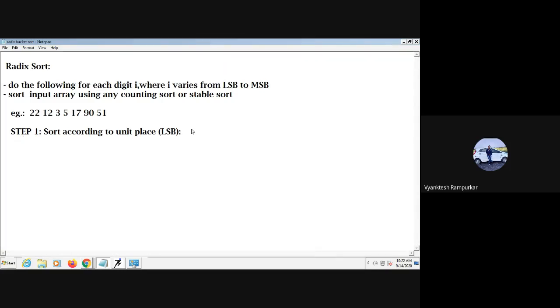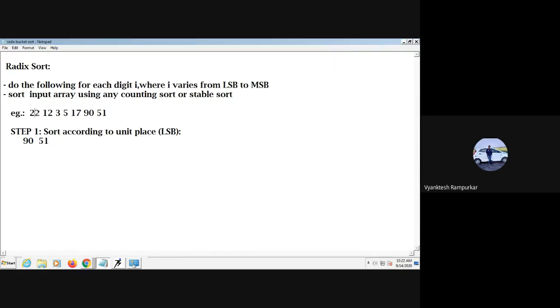First comes 90, that is 0. Then we search, is there any number whose LSB is 0? No. Then 1, which is 51.